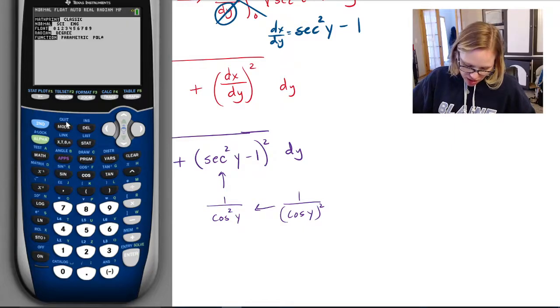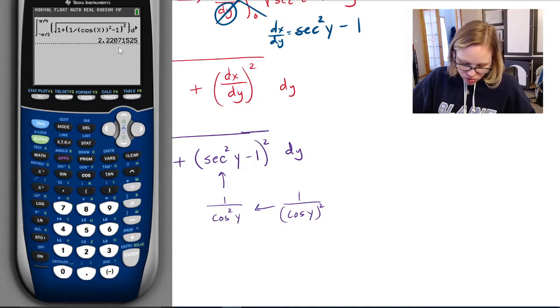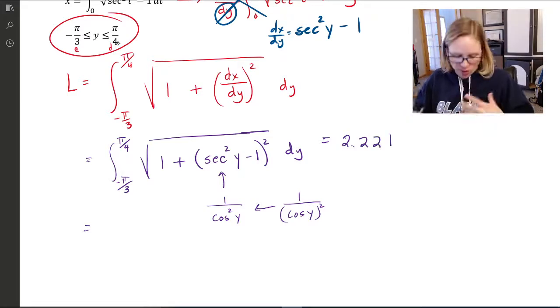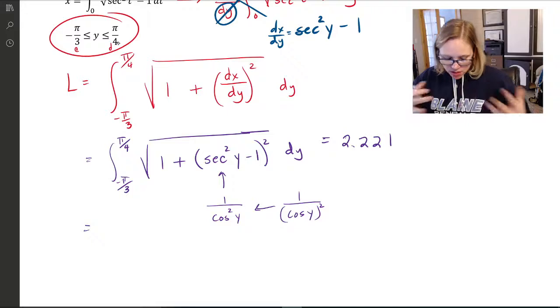I want to make sure that I am in fact in radian mode. Excellent. So 2.221 is the length between negative pi over 3 and pi over 4. So this is our length of curve formula, and the trickiest part is